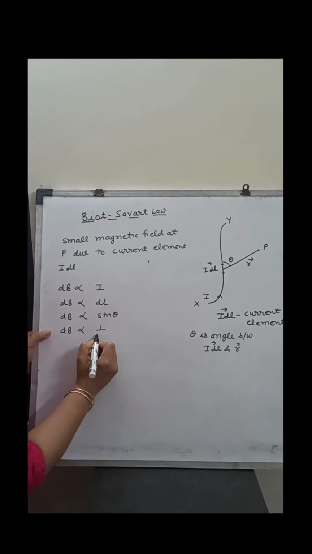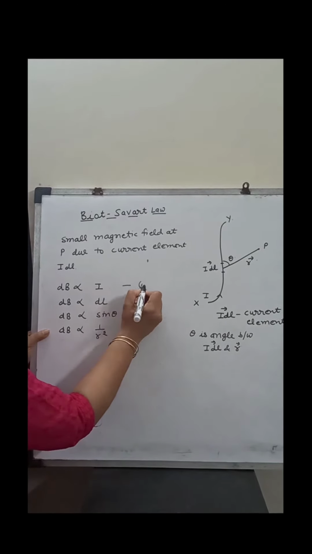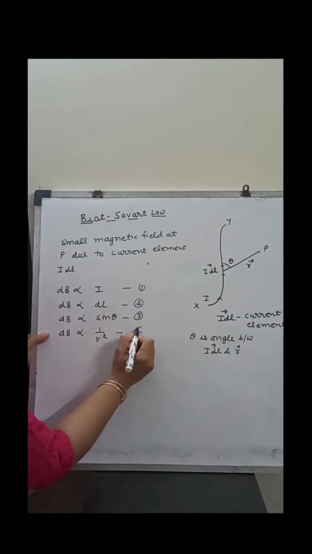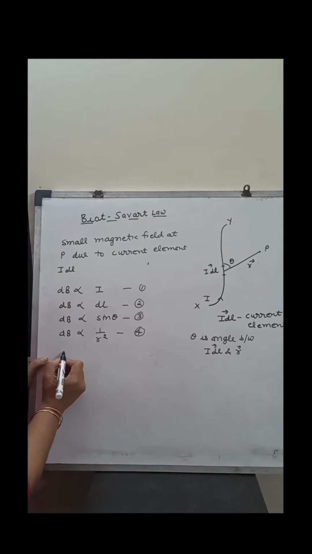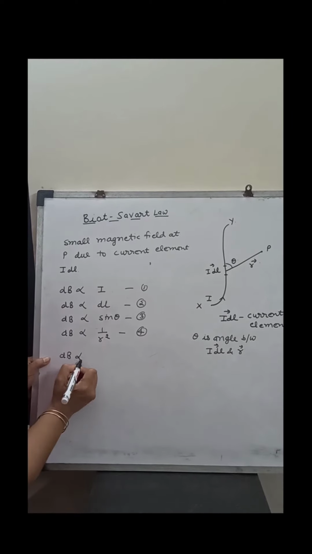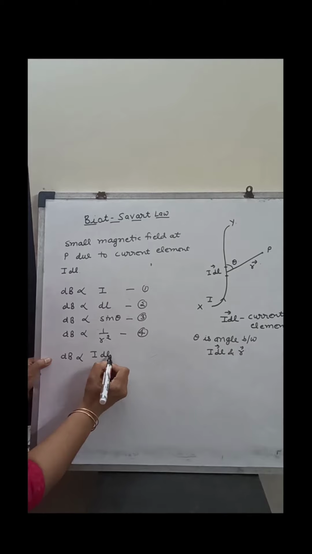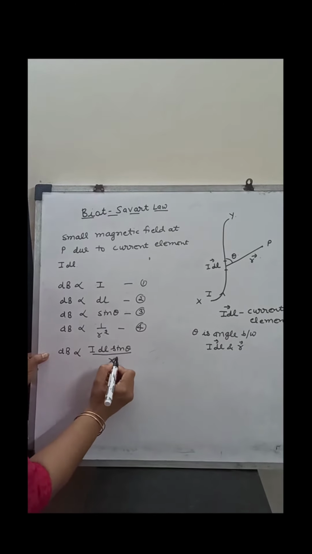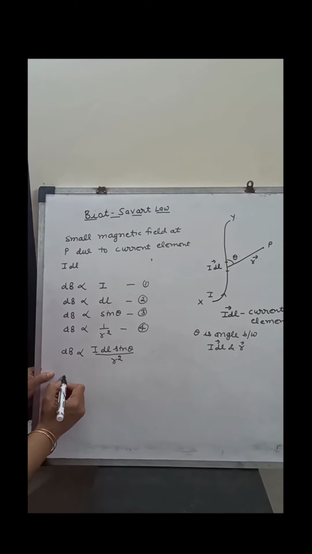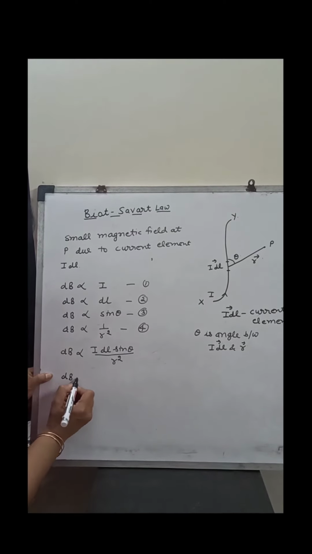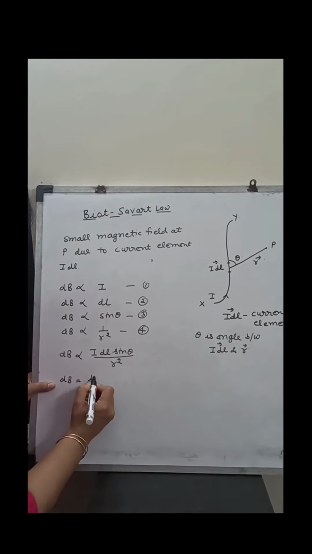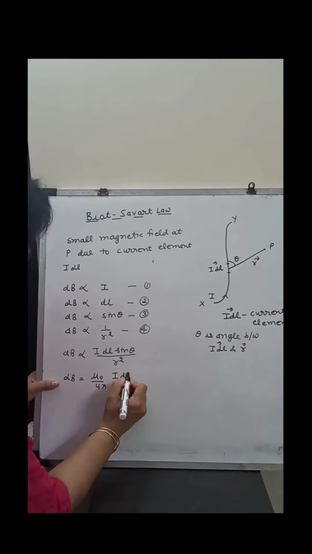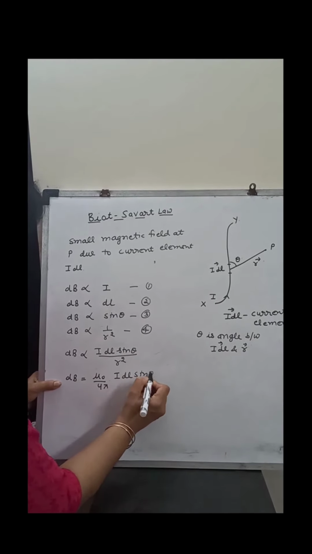Combining, dB is also directly proportional to 1 by r square. Assuming equation first, second, third and fourth, combining all these equations, dB is directly proportional to I dl sin theta by r square. dB is equal to mu naught by 4 pi I dl sin theta by r square,